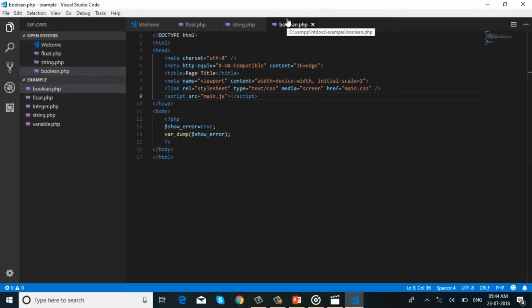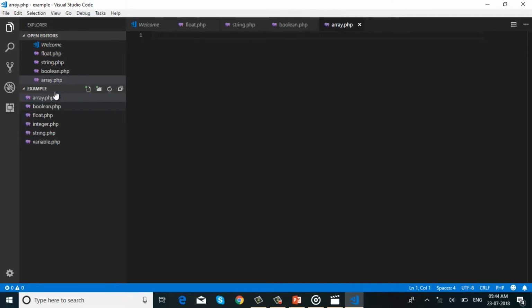Here, to create a PHP file, array.php. Let's start writing the code.